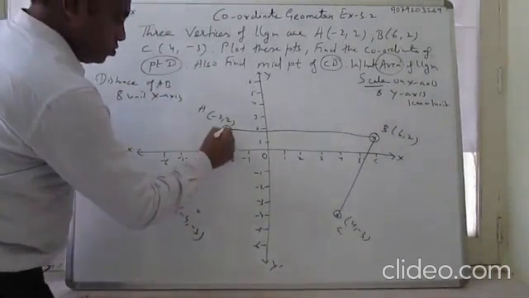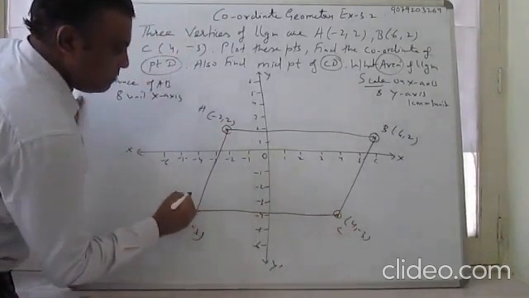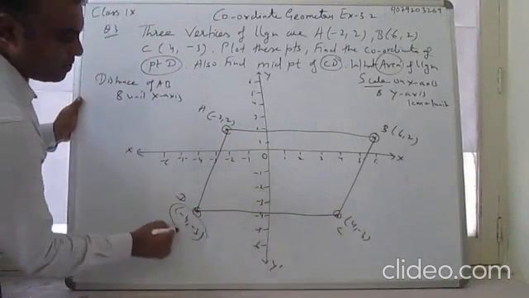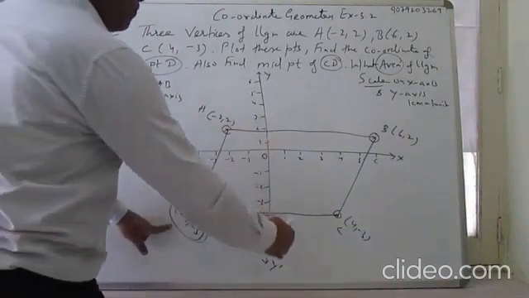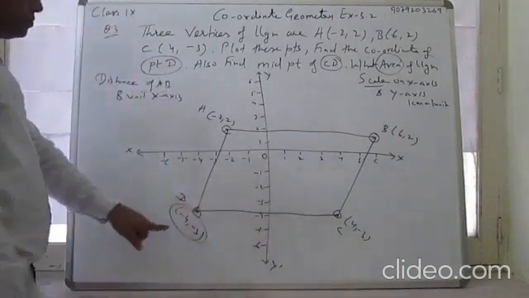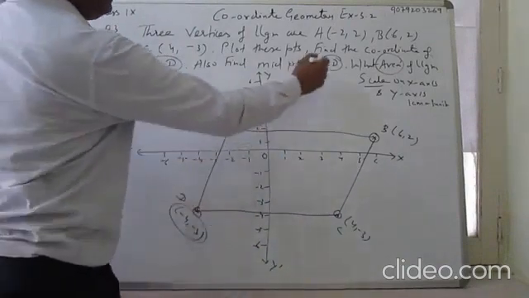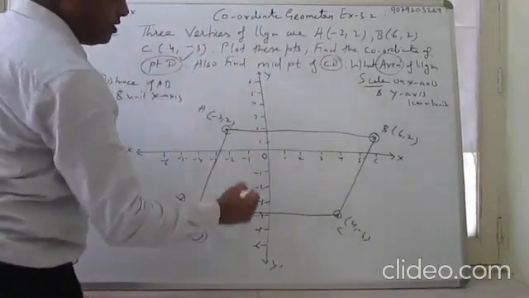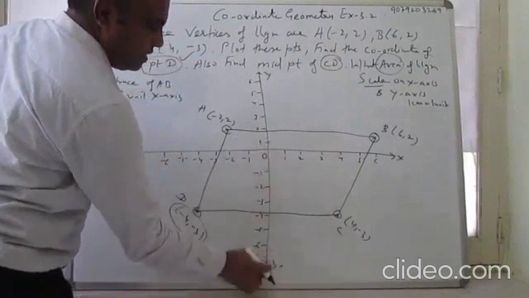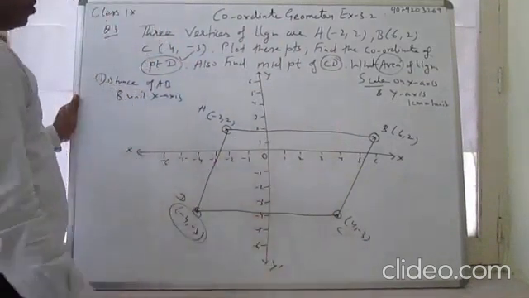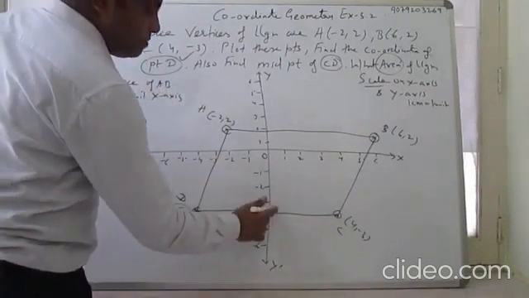Okay, so join this and join this. This completes the parallelogram. This is the point -4, -3. So it is the reflection of C on the y-axis. Now, what is the midpoint of CD? The y-axis is the midpoint. The total distance is 8 units, so its midpoint is here.